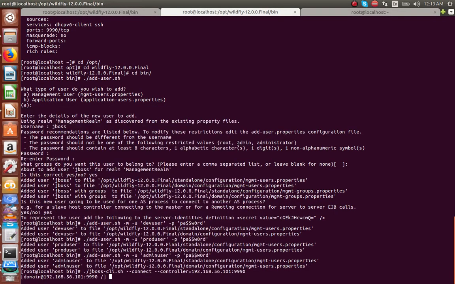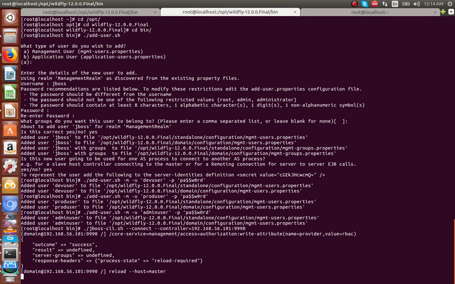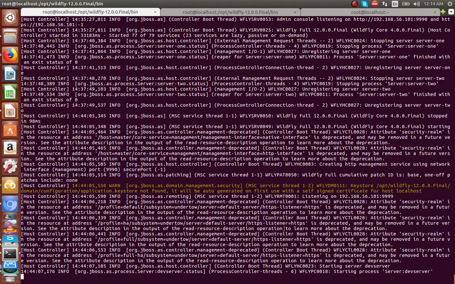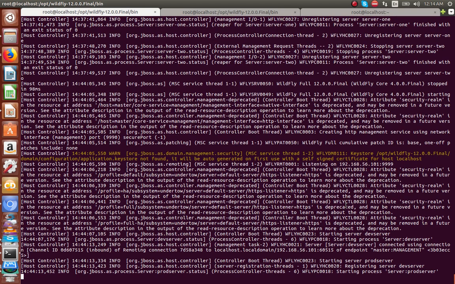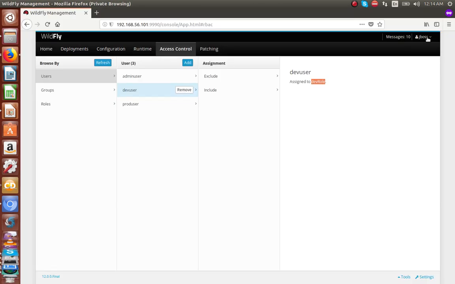So we are enabling this RBAC, save it. Okay, so reload. This is the domain mode, so host is equal to master. So you can reload this configuration in master, slave 1, slave 2, whatever. Then I reloaded, so the server is getting reloaded,